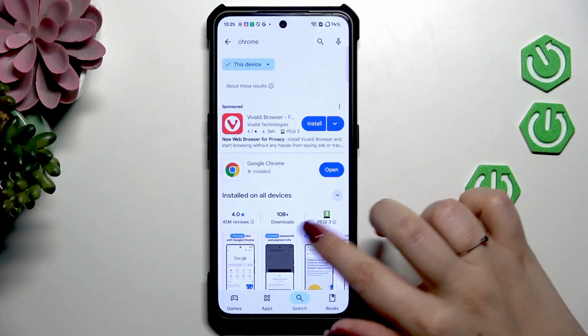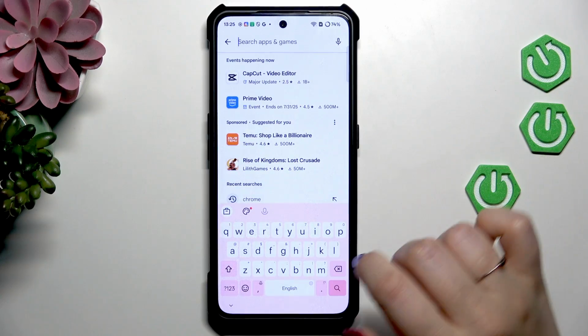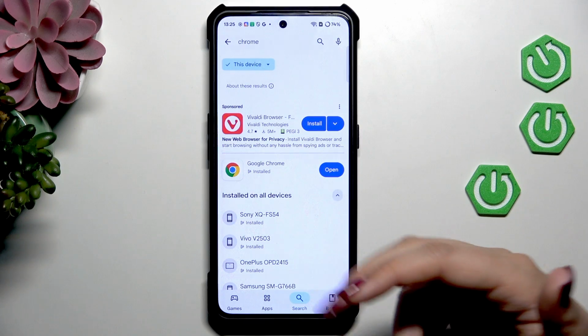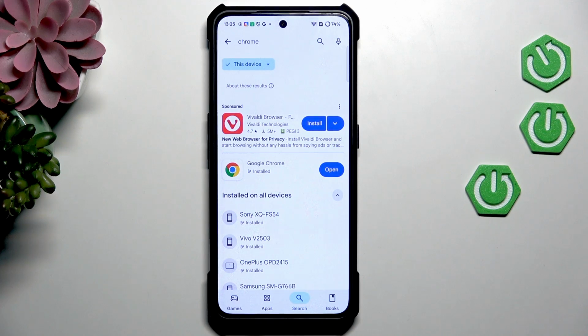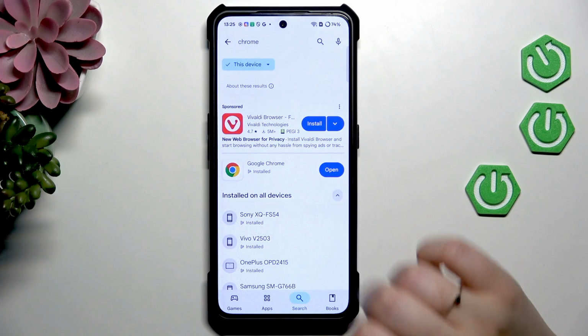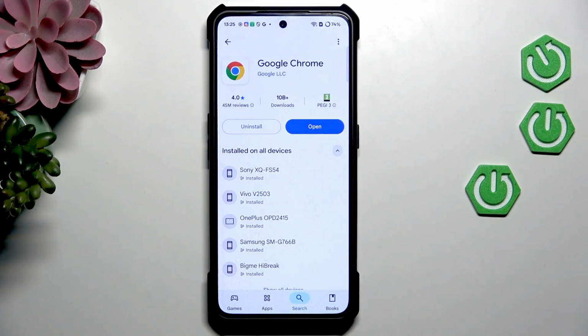So now we can simply tap on the search icon, tap on search and enter the name of the app which you'd like to update, and here it will pop up here. If the update is available, instead of open you will see update. So then just tap on update and your device will download the newest version and apply it. Hopefully it will work, but sometimes